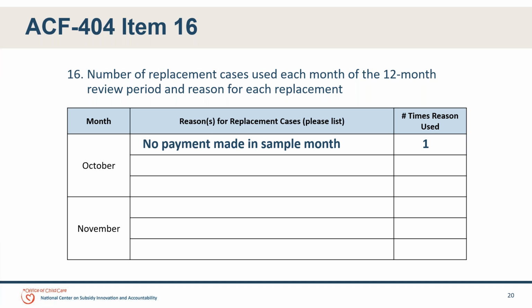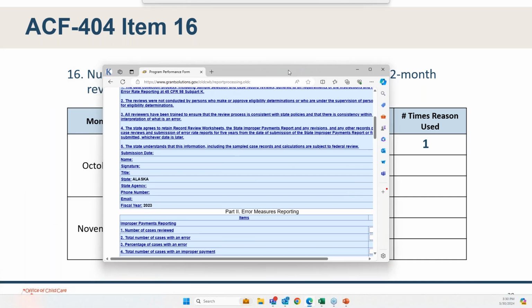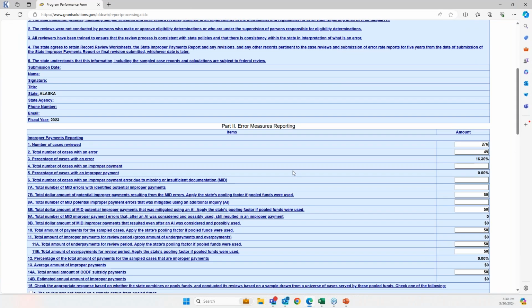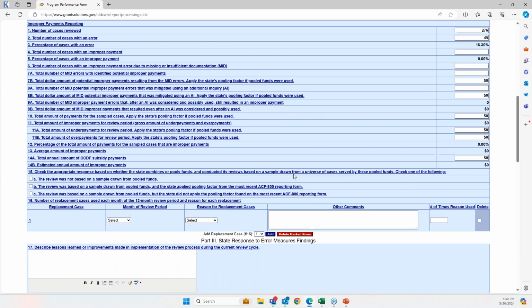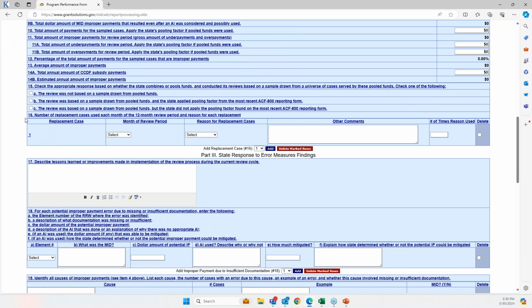Now, when you're in the OLDC, there is space. I'll pull up the OLDC again to show you. I'm trying to highlight the replacement case item.